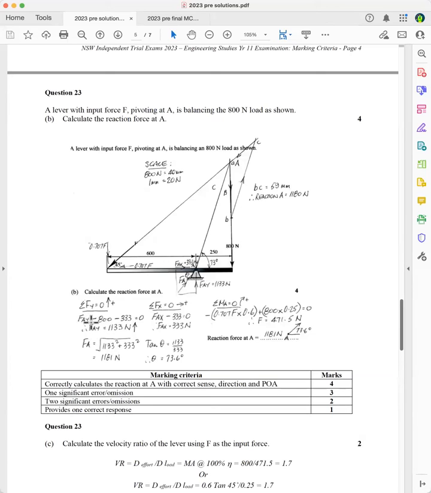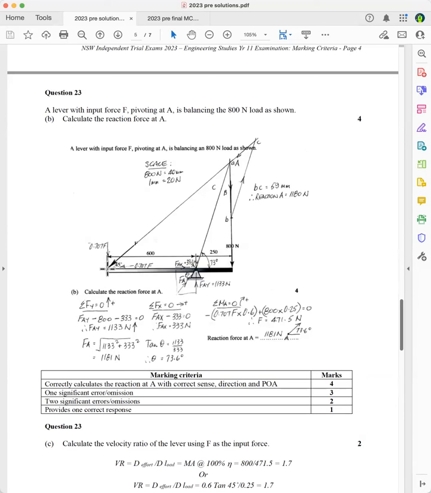And if I get a negative answer here, it means it goes down. So FAY minus 800, which is this force here, minus 800, minus the vertical component of this force here, which is 333. Okay, because I've found that force, I took moments about A there to find that force over here. And so I've got 0.707 F. So the vertical component of that force here will be sine 45 F. Sine 45 is 0.707. So that's going anti-clockwise. So it's negative